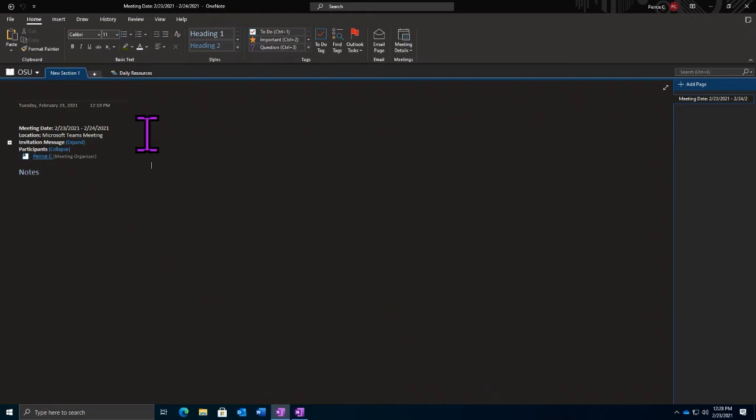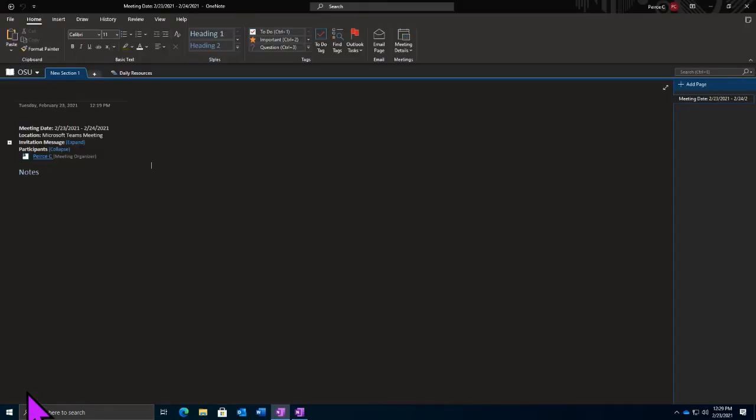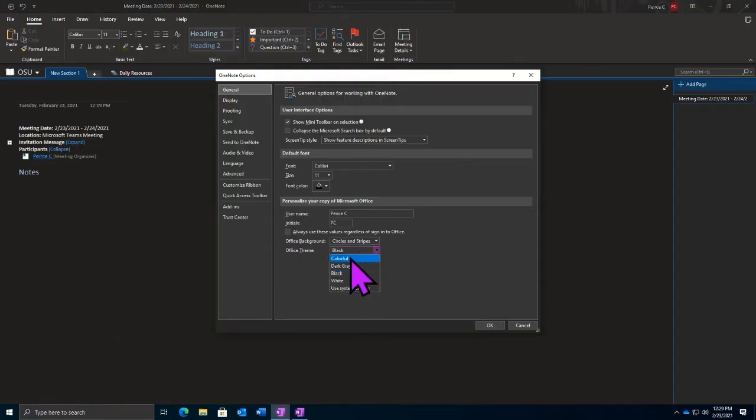And especially from a student perspective, there are a lot of late nights that you'll spend working in OneNote or looking over your notes. So having the ability to adjust this and make it easier on your eyes can be super useful. I'll go ahead and change our theme back here, however, just to make it easier on our stream.